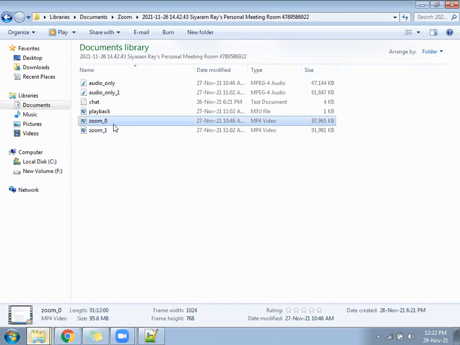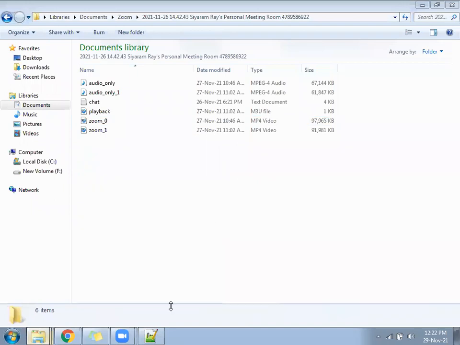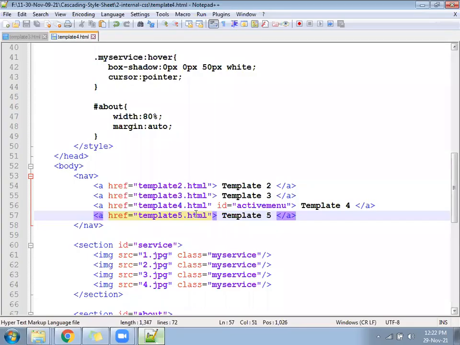Okay, after downloading, you can rename it 13. It's 94 MB. After downloading, you can rename it as 13. It's coming to your chat.